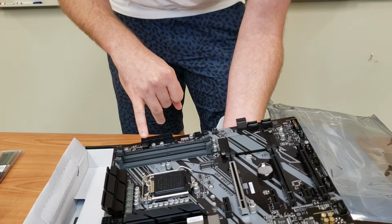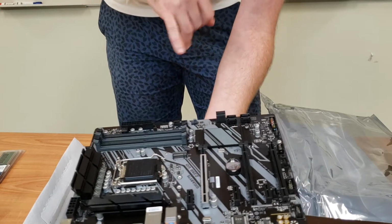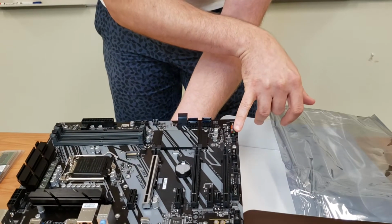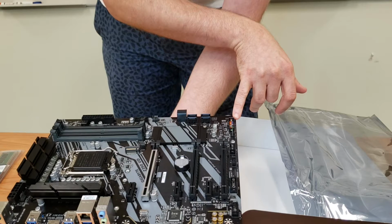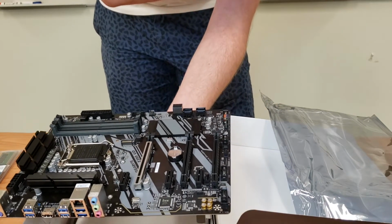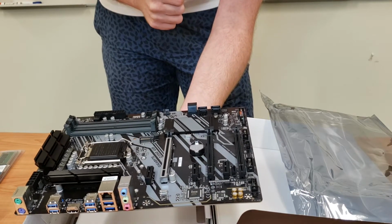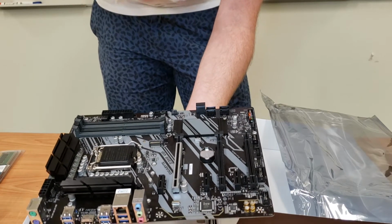What else is important? So we might go over them when we plug in everything. And then these very small ones, this is where you need the handbook. This is where you put all the small pins from the casing that we had before. So the first step of the build is to put this into